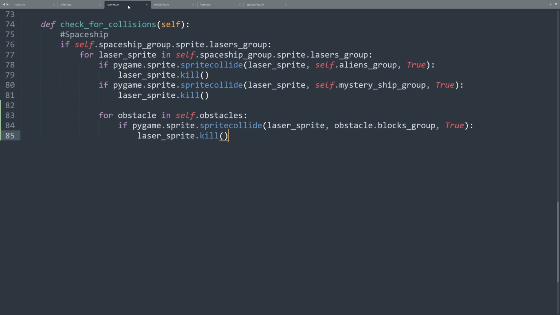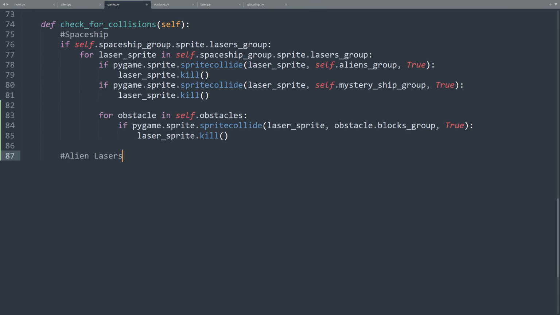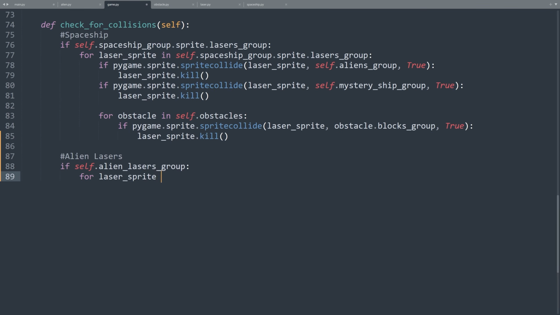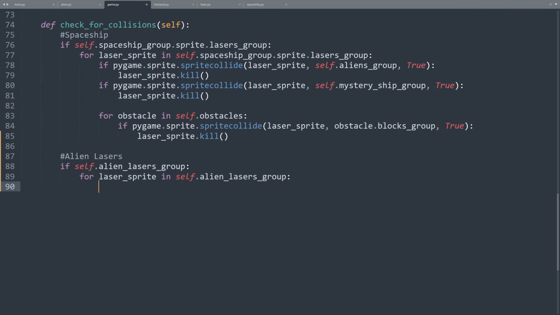Let's do the same thing with the lasers the aliens shoot. Back to the game class. Let's add a comment here. Alien lasers. Again, we need to check if there are any visible alien lasers. If self.alienLasersGroup: Now we need to get each of the lasers from the group. For laser sprite in self.alienLasersGroup: